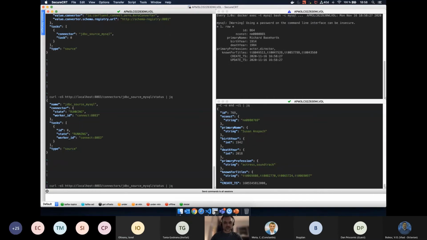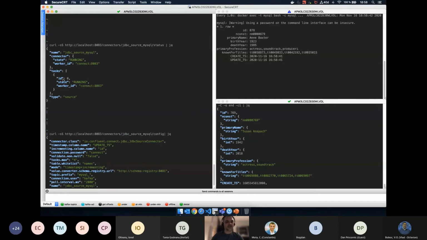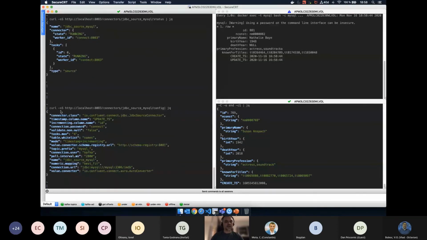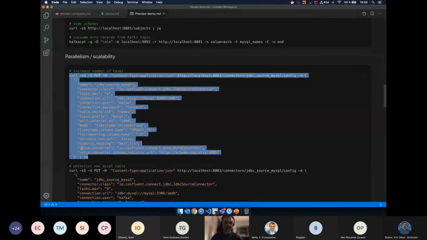Even though we've changed the maximum number of tasks to 4, let me print the running config. So here it is 4. We still have a single task running. This is because we are reading from a single table, and I don't know how you can parallelize that.